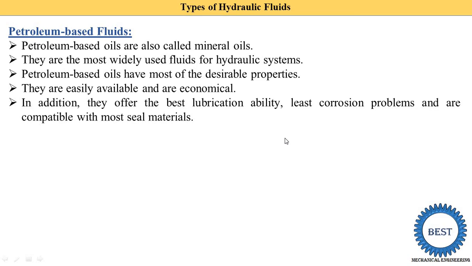In a hydraulic system, you know that various bearings are used. And there are certain spaces where we put the seal or various types of gaskets to avoid leakage of the fluids. So this petroleum based fluid does not react with this type of seal material. Generally the seal materials are made from various types of rubber. Now the good properties of the petroleum based oil are as follows.